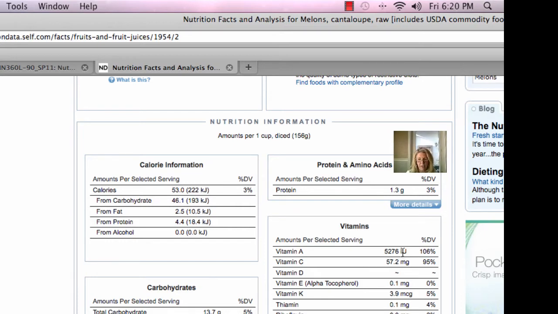The number here listed is in international units, although we do see that it is 100%. That's a good thing to know. In order to understand this in micrograms, you would have to first, according to the book, multiply 1 IU in terms of beta carotene from plant foods by 3.6. So when I do that,